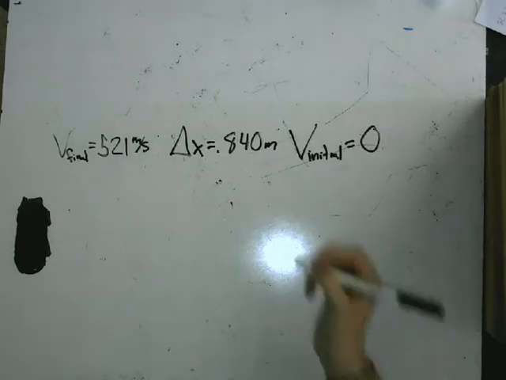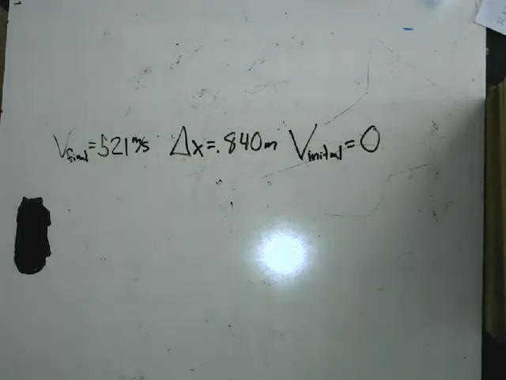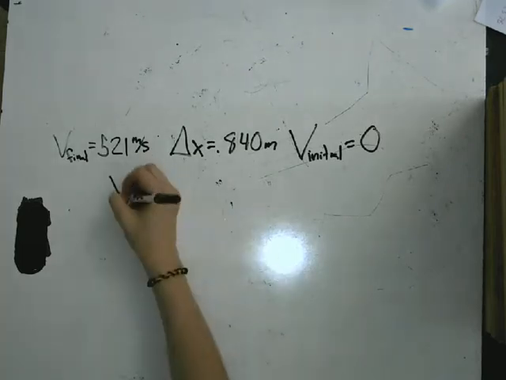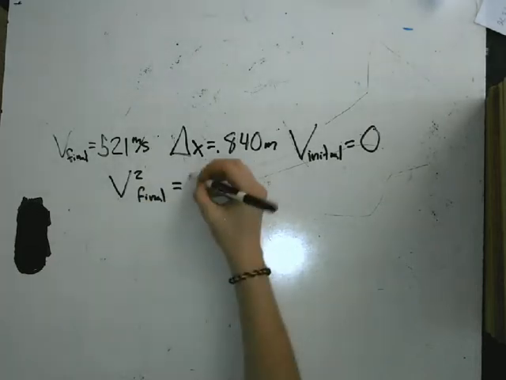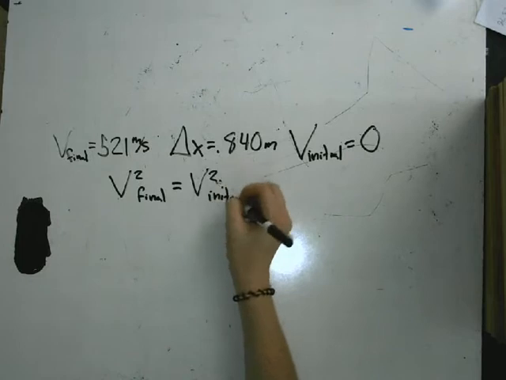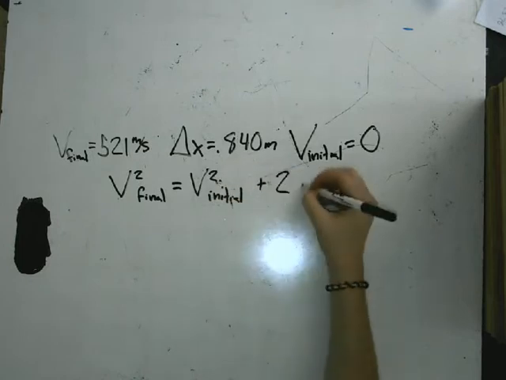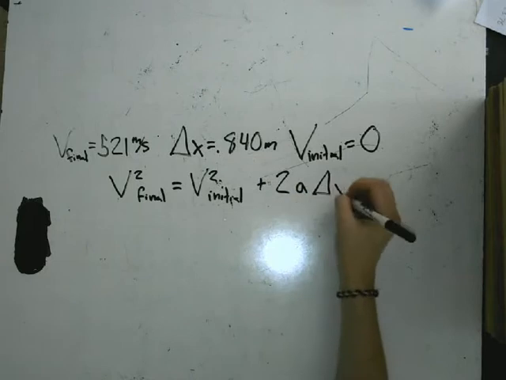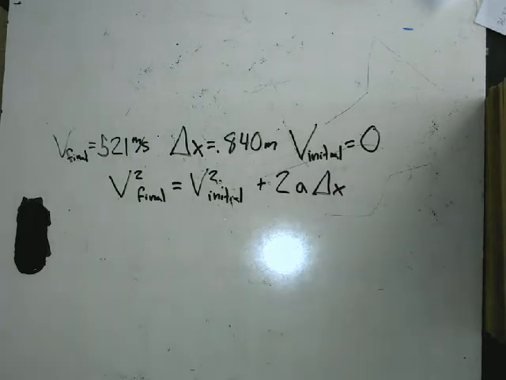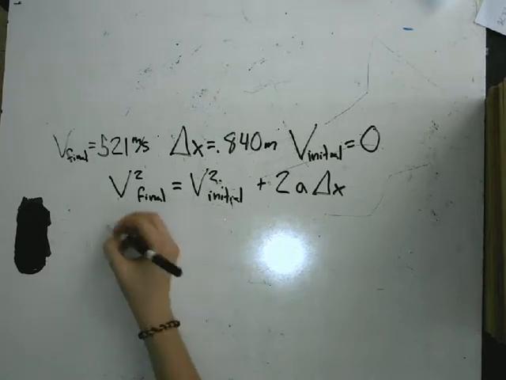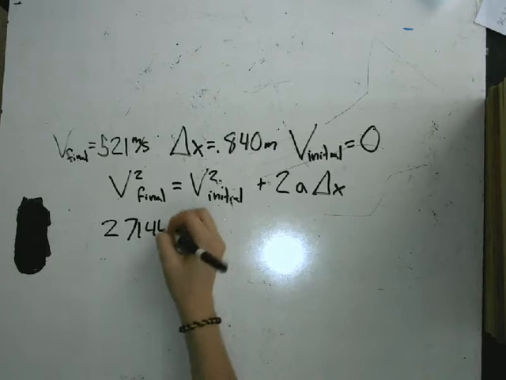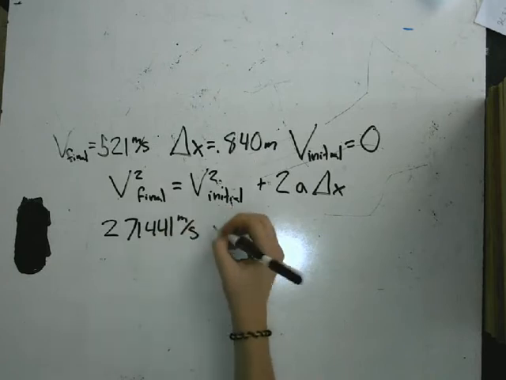So then we're going to use the same equation that we used for the kangaroo problem, which is v squared final equals v squared initial plus 2 times the acceleration times displacement. So at that point we just have to substitute things in. So we end up getting 521 squared, which is 271,441, equals 0 squared, which is just 0,